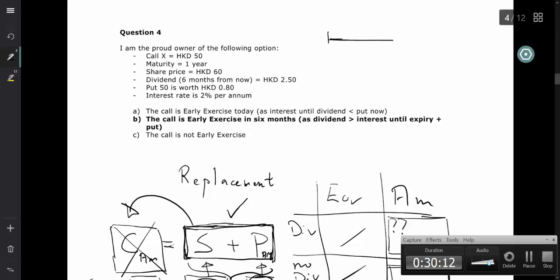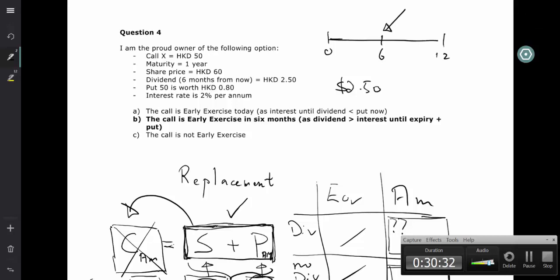So you have a call which will expire in 12 months, and the dividend is actually 2.50, and if you were to exercise that halfway through, then you need to borrow $50 because that is how much it will cost to buy one stock, and you need to borrow that for 6 months, and because the interest rate is 2% per annum, you're going to be paying 1%. So your interest cost is going to be 50 cents,